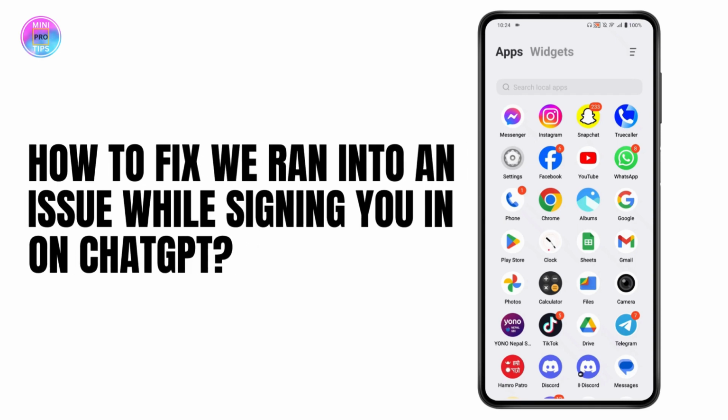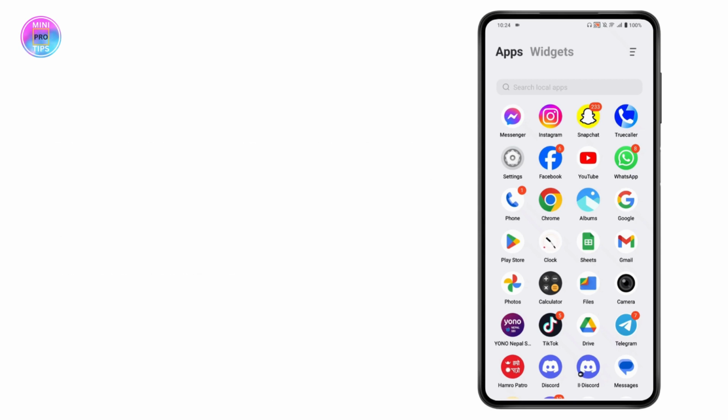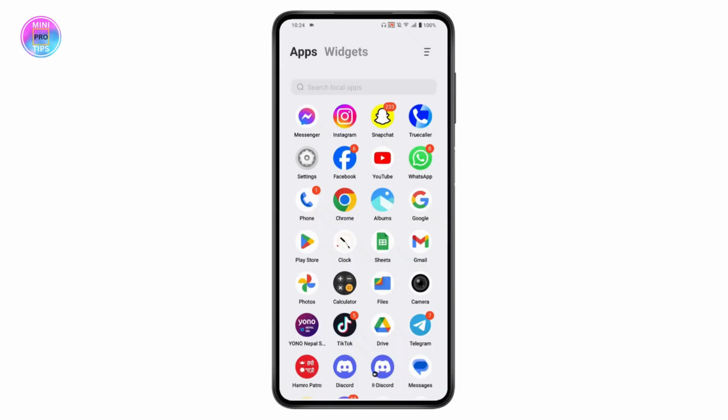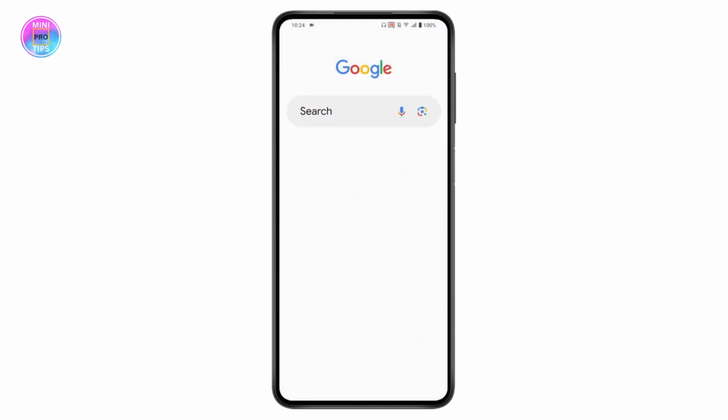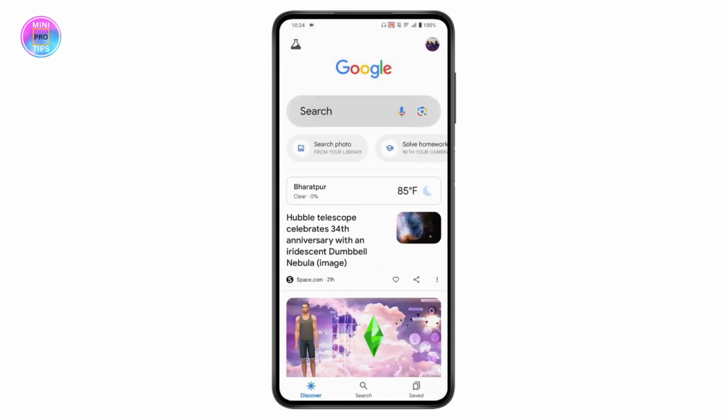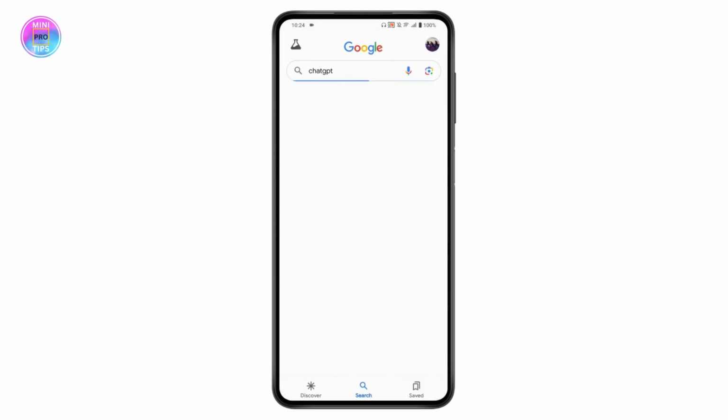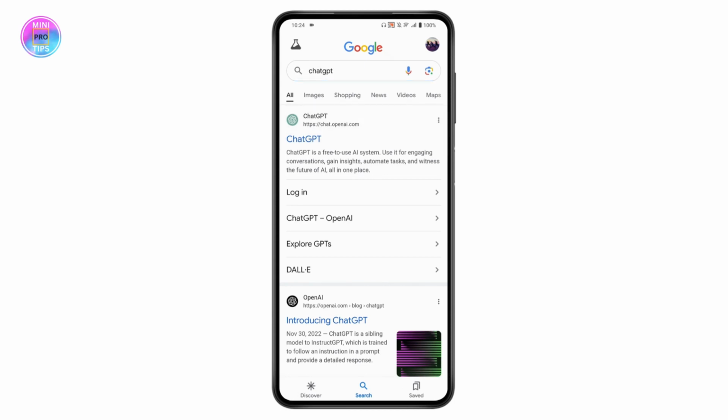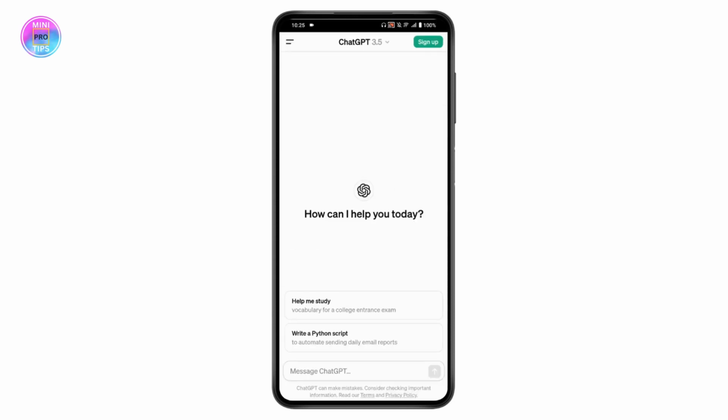How to fix "We ran into an issue while signing you in" on ChatGPT. So while logging into ChatGPT, if you're facing a problem while logging in, then what you need to do is, for example, if you search for ChatGPT and go for the first search, it will take you to this kind of page, right? So if you're facing a problem and it says that we ran into an issue with signing you in,